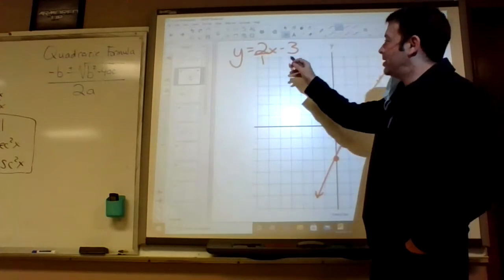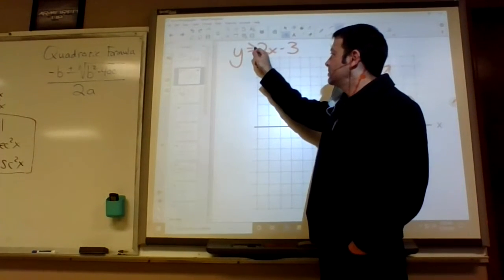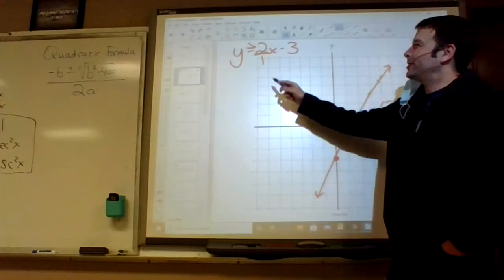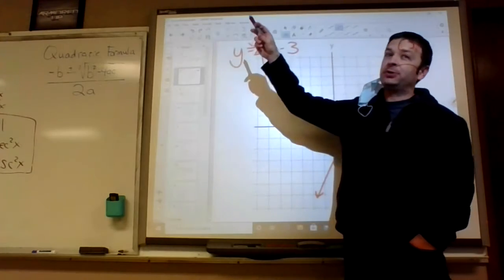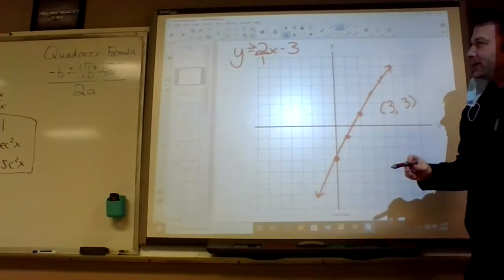So we're not graphing lines today. What we're graphing is inequalities. It's going to look more like this: y is greater than or equal to 2x minus 3. So if that was the inequality,